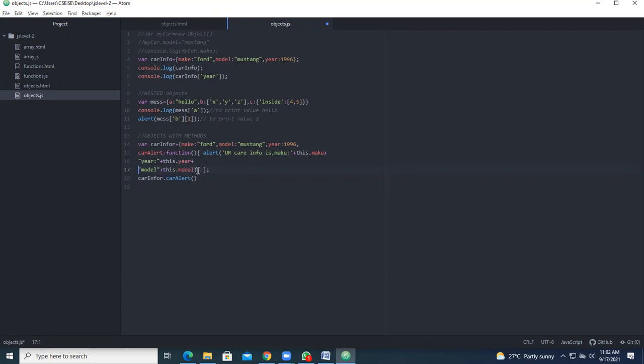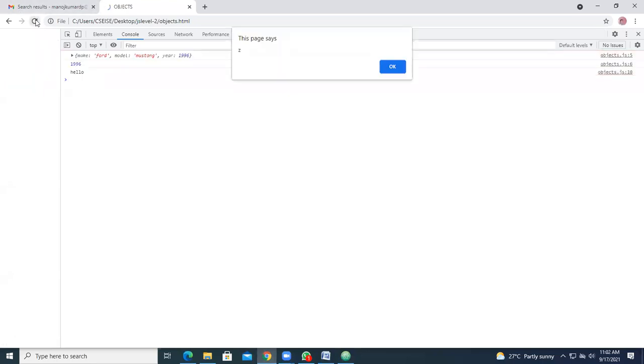So I have closed this one. I've closed the function and I closed the object also. Now I call car info dot car alert. So now I'll be saving this particular thing and refresh.